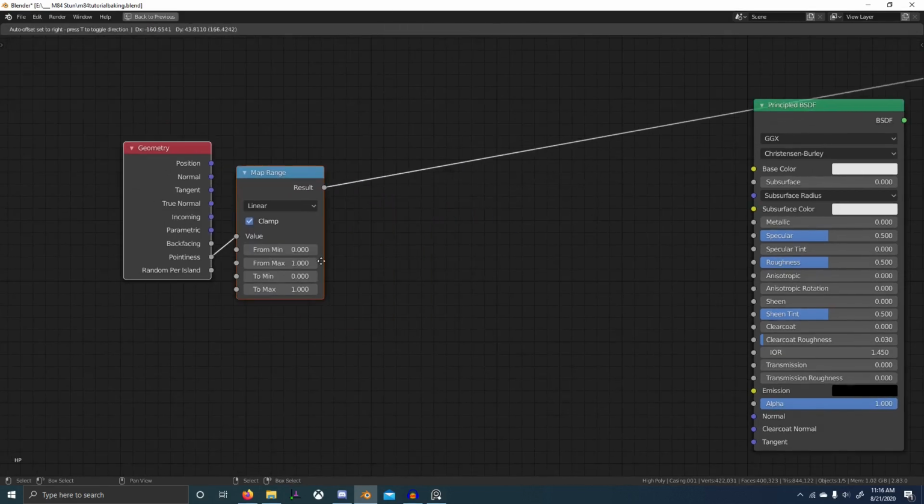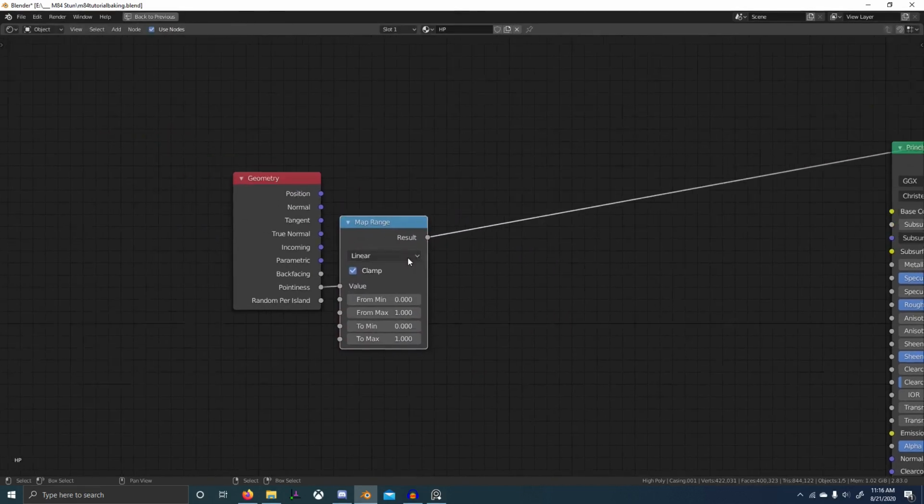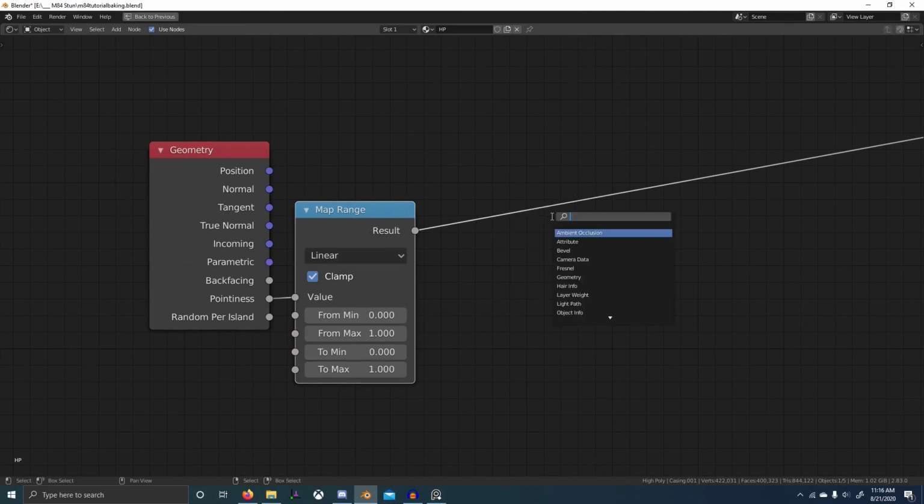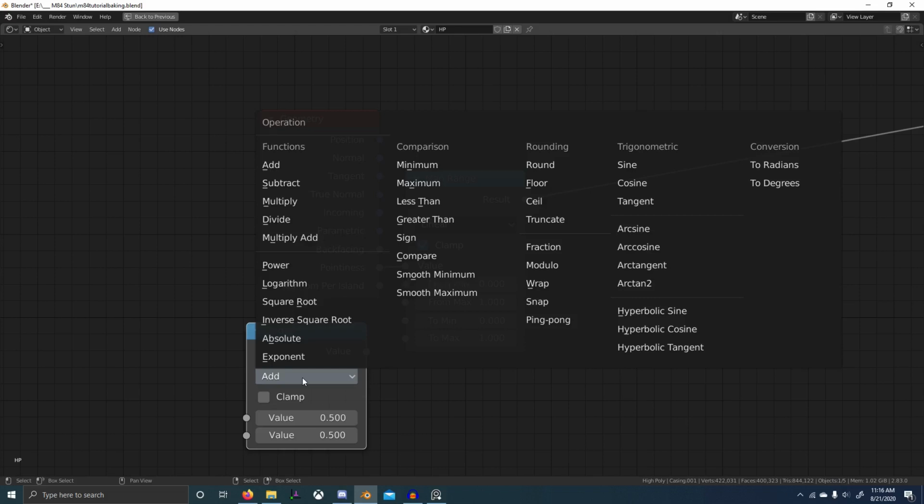I still don't know if other programs' curvature maps are constrained by their geometry, but I'm not sure about that. I don't want to say something I don't know about, but anyway, I'm not a huge fan of pointiness. So let's just grab a math node, set this to subtract,